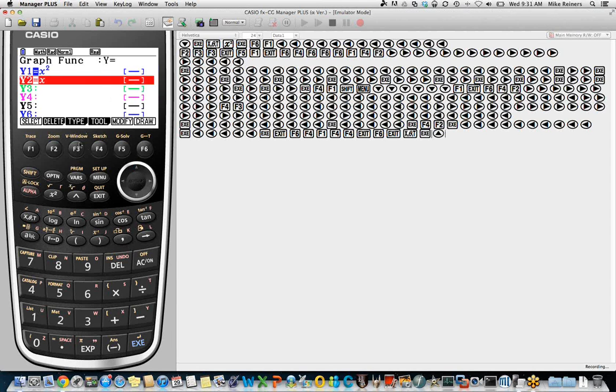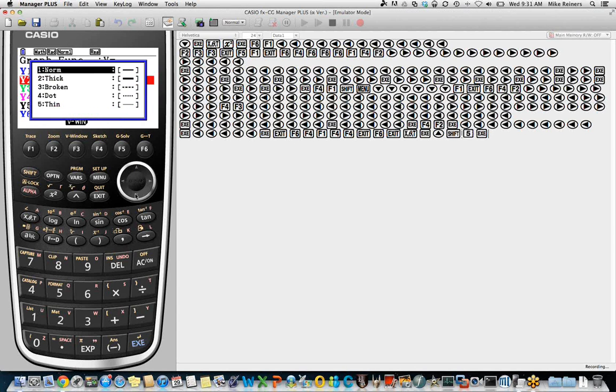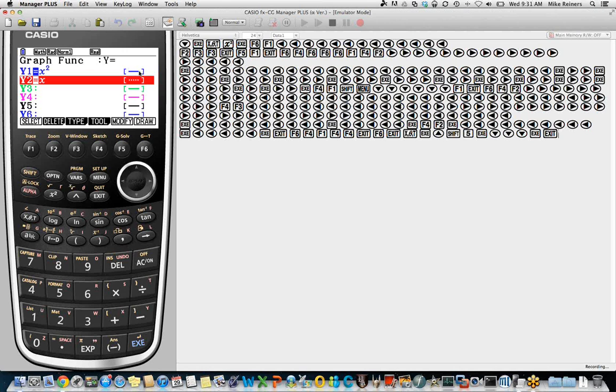And I'm actually going to go up here and change the format of this line to be a dotted line. Nice tool that you can use.